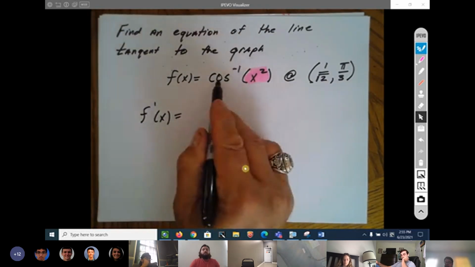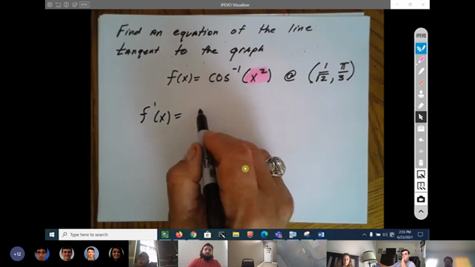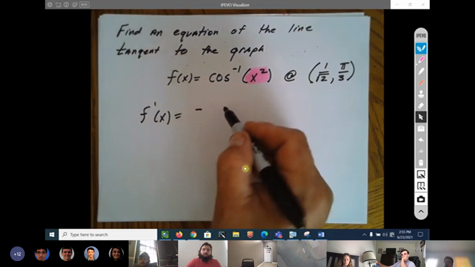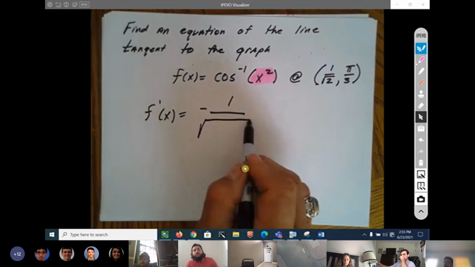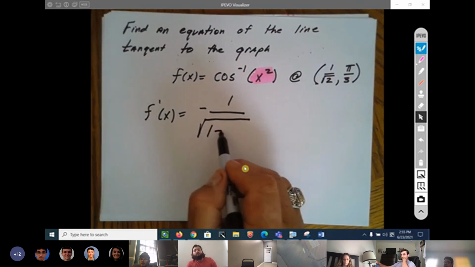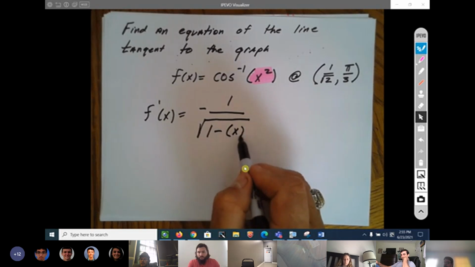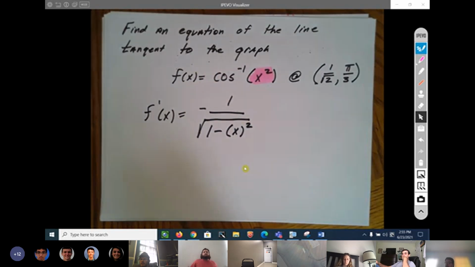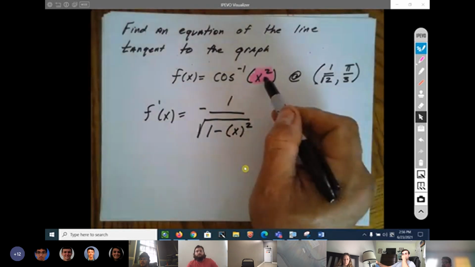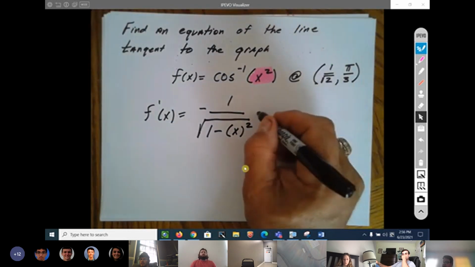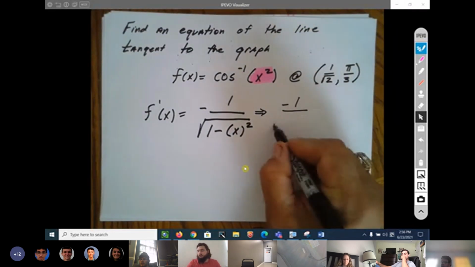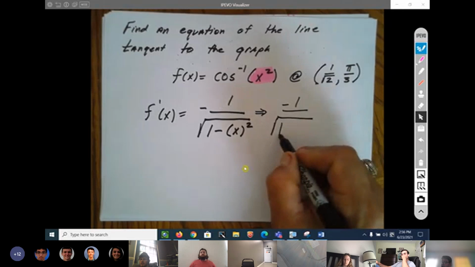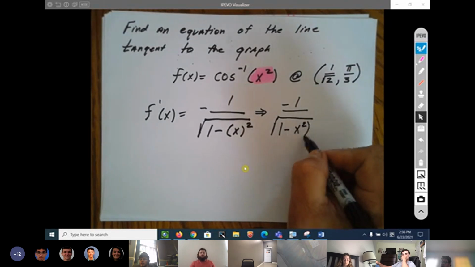The derivative of the inverse cosine is negative 1 over the square root of 1 minus x squared. Well, what's in my x spot? x squared. So I'm going to plug and chug. Negative 1 over the square root of 1 minus x squared